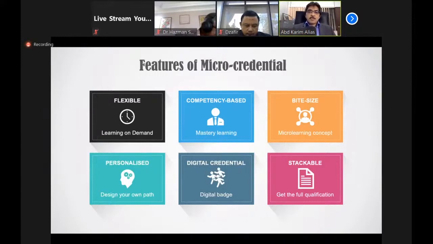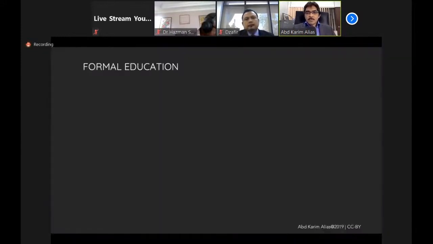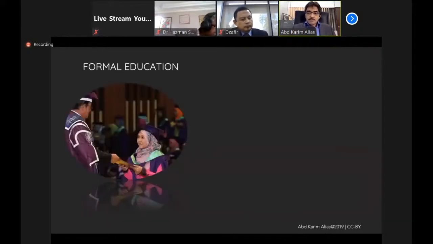the micro-credential. Now, when we look at the current scenario, those who enter the formal education to the university through the UPU, only those who are the luckiest among the population, about 30% or 40% of them, manage to enter the university. They will go through the 4-year educational system. It's a time-based, very rigid. They have to stay within the system in 4 years, and only at the end will they get the degree or the formal qualification.